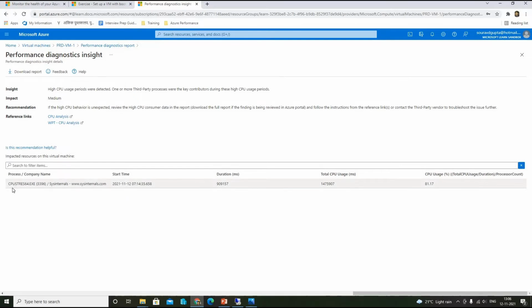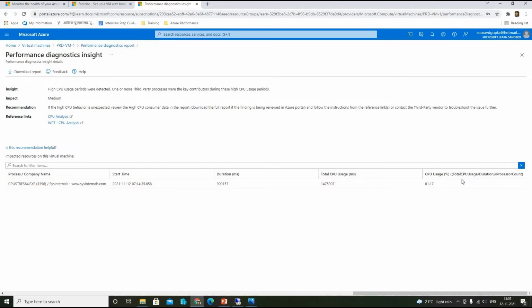The process name, obviously we are already aware of, is CPUStress64.exe, that we are running from the Azure VM, and this tool is from Sysinternals. You can see the start time of this process, the duration in milliseconds, then total CPU usage in milliseconds, then the average CPU percentage is 81.17%.